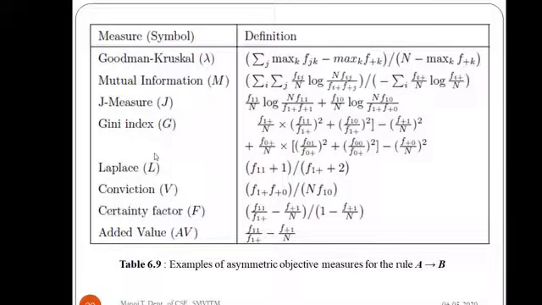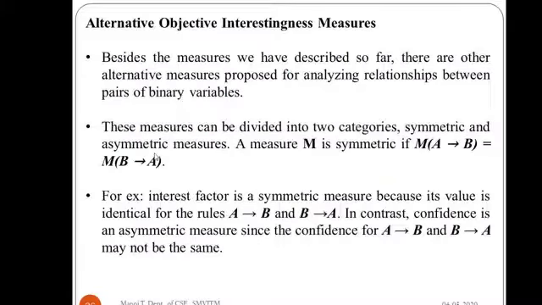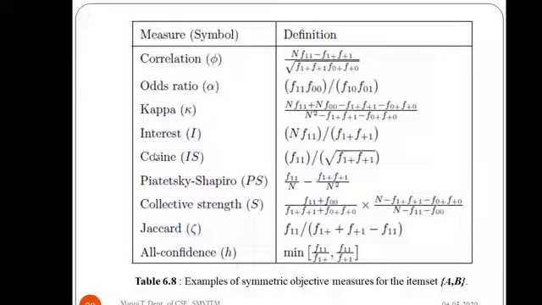So this brings us to the end of the lecture on objective measures of interestingness. I think this video lecture is quite lengthy, but go through each of these measures very patiently and put in the values and work them out. You will get it. It is very simple. It is just a statistical formula. Using the contingency table, you have to put in the particular frequency counts and get the result.